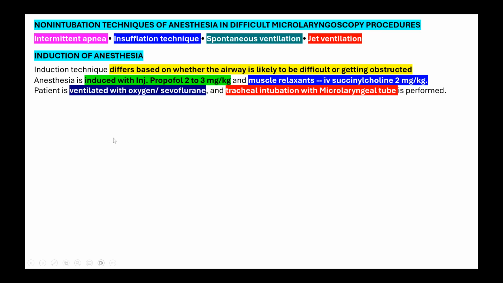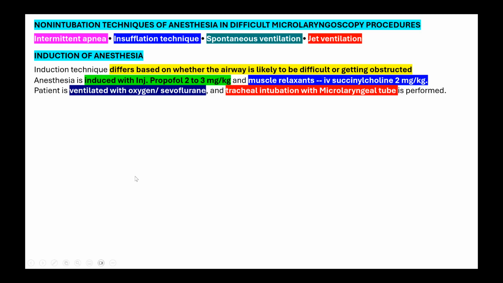Otherwise, once the patient is paralyzed, especially if you are using succinylcholine, the duration of action of succinylcholine will be only about 3 to 4 minutes, or 5 minutes at the maximum. So during that time, you hand over the patient after adequate oxygenation, and the surgeon will quickly introduce the rigid laryngoscope, and you can ventilate the patient through a Sanders technique, delivering oxygen and even a mixture of your volatile anesthetic through the side arm, and then ventilate the patient with a